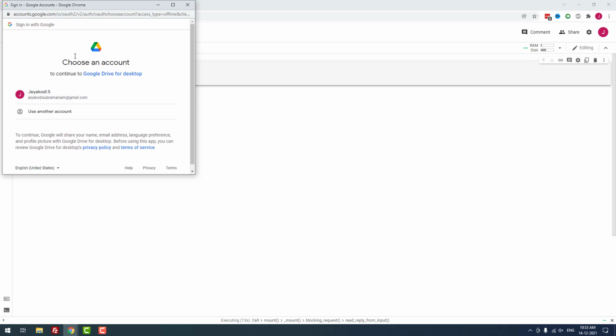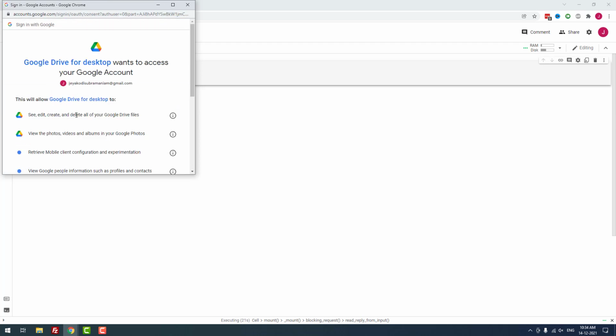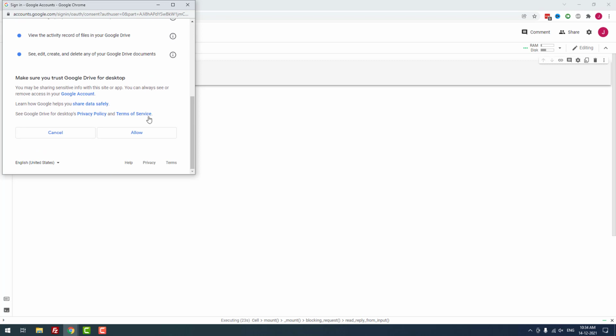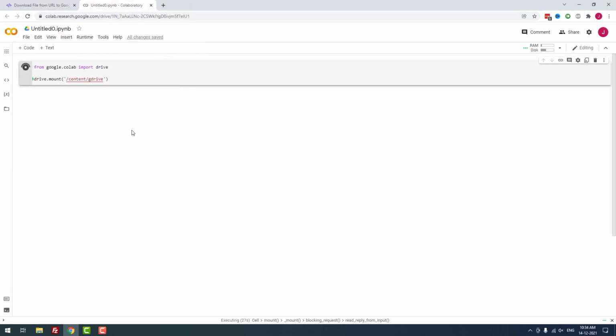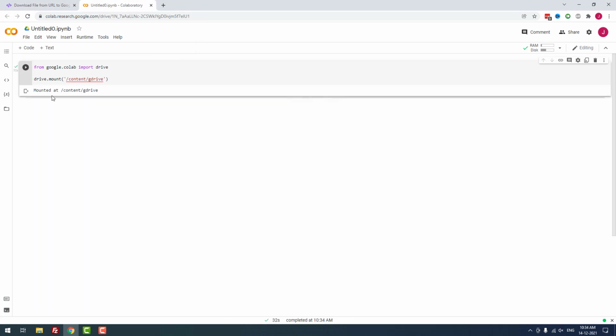It opens the choose an account page. You have to choose the email ID. Now it is asking for permissions. You need to click allow. That's it. It will automatically get the authorization code and automatically mount the Google Drive. As you can see here, now it is showing a message: mounted at /content/gdrive.